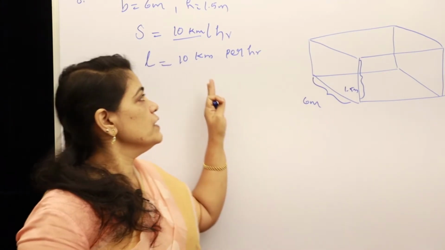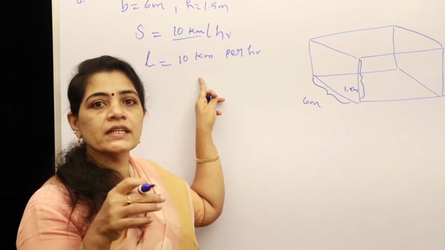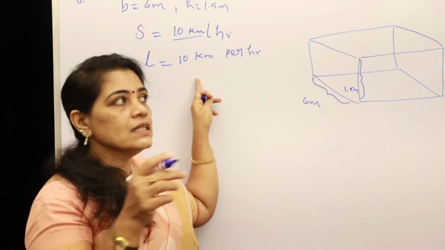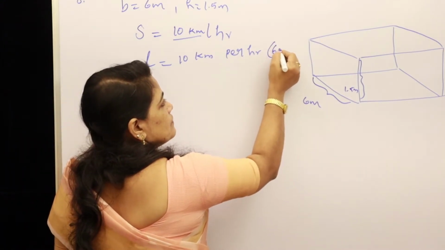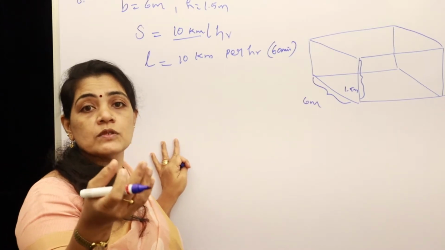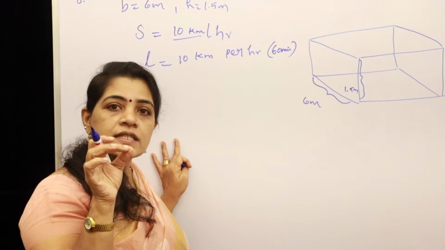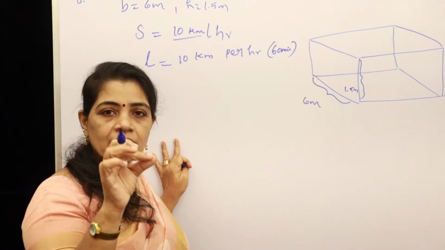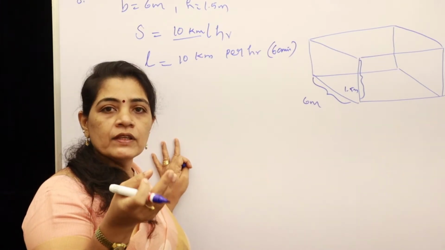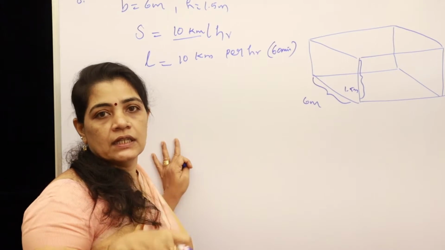If in 1 hour its length is 10 kilometer, we should find it for 30 minutes. That is very simple; you can divide by 2, since 30 minutes is half of 60 minutes. But in an examination, if it comes as 40 instead of 30, it will be difficult. So you have to find the length for 1 minute and multiply with the given time. If it is 30, you multiply with 30.